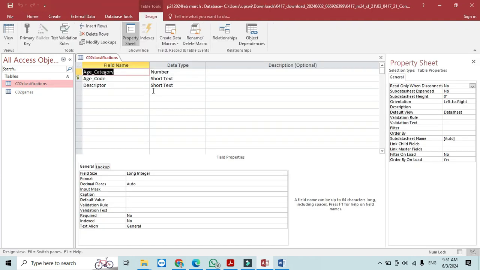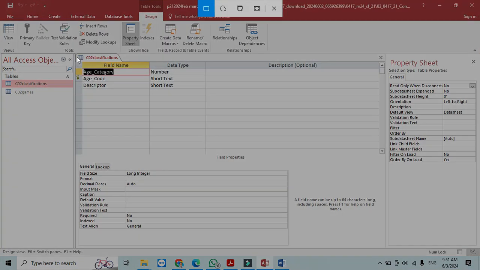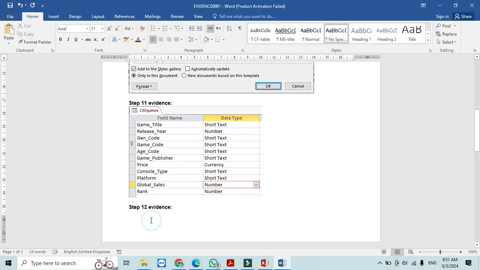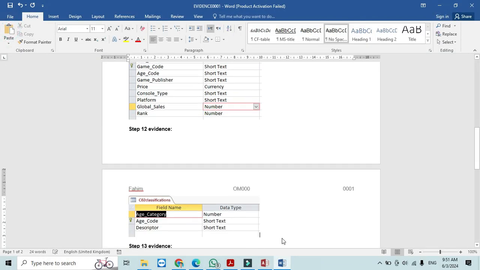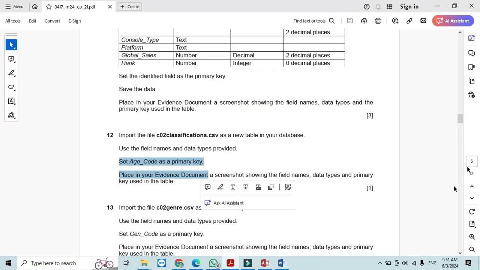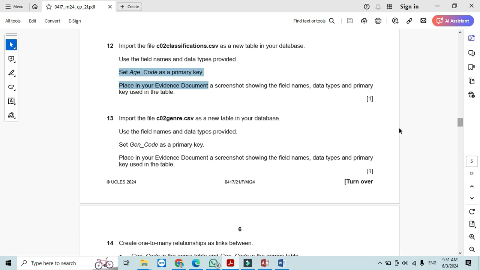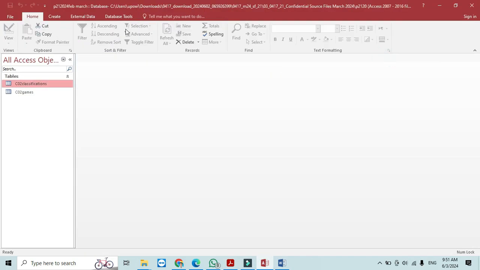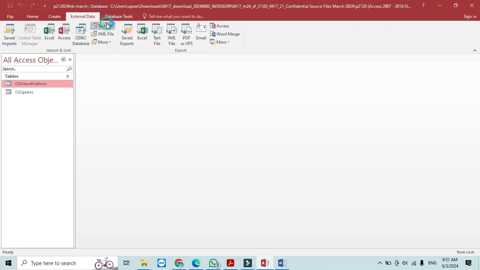Now we just take a screenshot, and in the evidence document it's going to be our evidence for step 12. Now we'll click on save, and moving forward to step 13 we need to import one more file called CO2 generate. So CO2 generation,